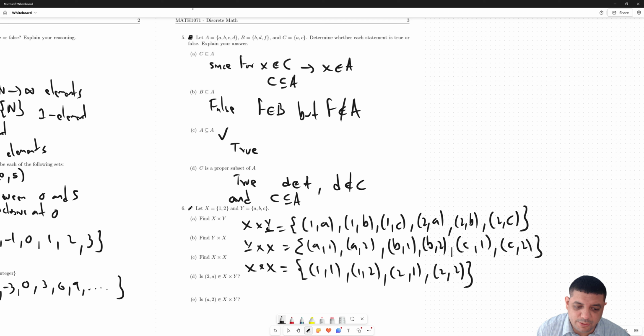So we have, is 2a belongs to x times y, and the answer is true. Is a2 in x times y? The answer, as you can see, is false, because this doesn't start with letters here in x times y. Now moving on,